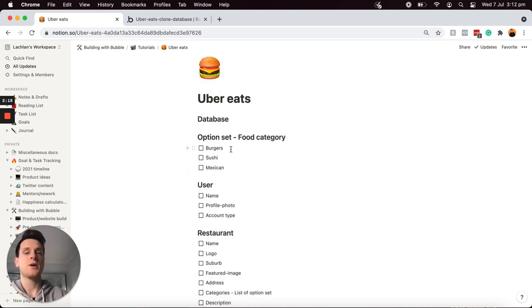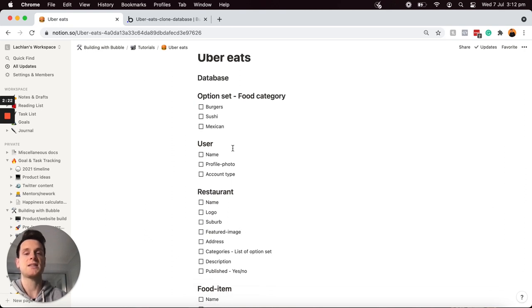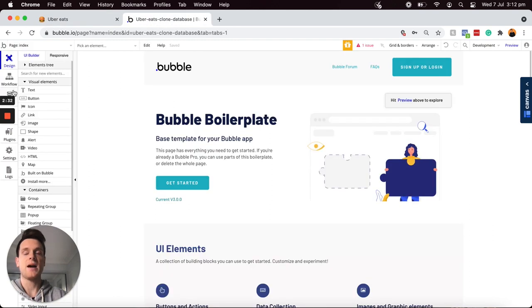As I mentioned, throughout the first step in our build today, I'm just going to be taking the time to walk us through the necessary data types and fields we need to add in order to properly structure our custom database. So let's jump over into our Bubble editor here, and I'm going to open up our data tab on